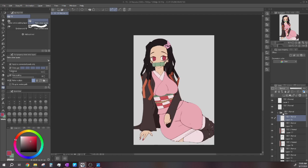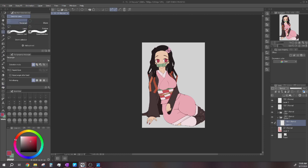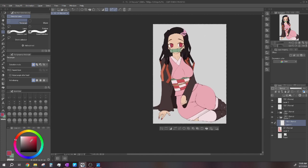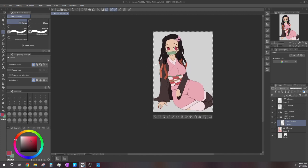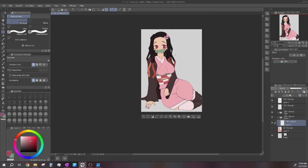And so what I'm going to do next is I'll collapse this folder. I've got a second folder beneath it, and this will just be where our background is. For this, I'm just going to use my lasso rectangular tool, so we select everything. And I want just a neutral background here, because I don't really want this tutorial to also be a background tutorial. I can always do those later if that's something you guys are interested in, but for the sake of